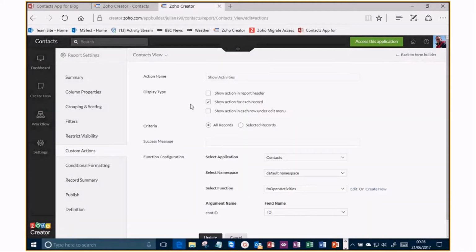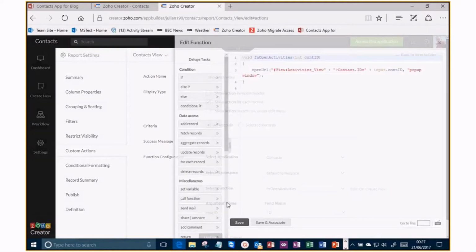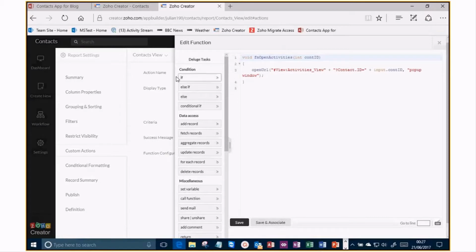So this particular one shows for each record, and it runs, if you click that button, a function called Open Activities, which I can edit. And you'll see that it's basically just a little bit of code that opens another view called Activities View for a particular contact. So it's a view of the activities records for the contact that you're looking at and opens